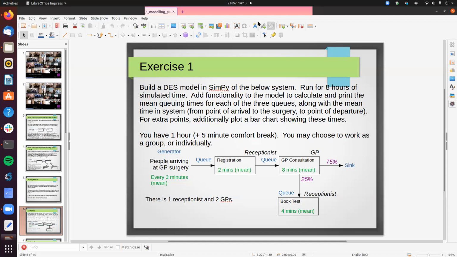And the key thing here to say is that you should feel very proud of yourselves today, because in the next hour, you're going to build your very first model. And that's, I think, quite an accomplishment, given many of you had never coded before. Most of you, certainly not in Python, just 1 month ago. So to now think that you're building an advanced operational research discrete event simulation model,